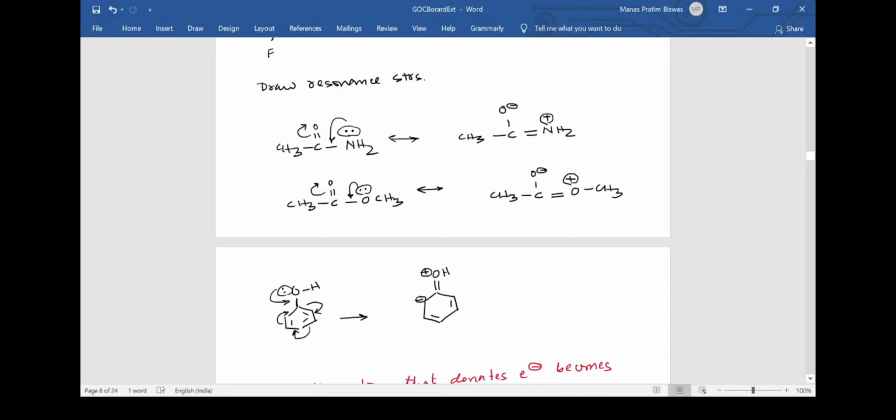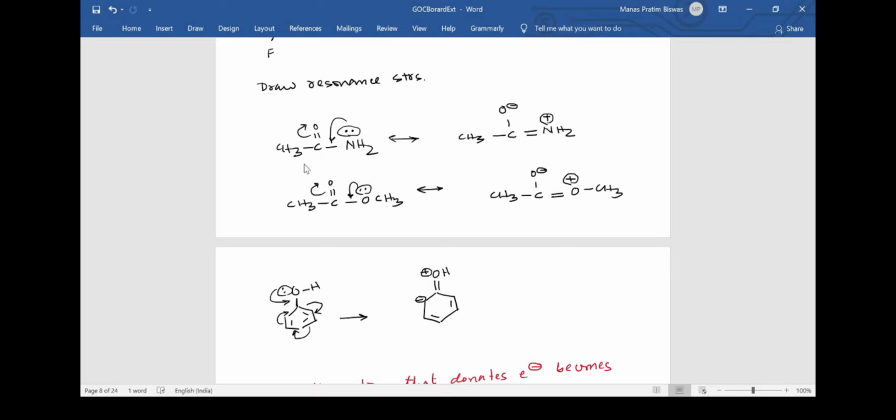Now we are taking up some examples on how to draw resonance structures. I suppose that you should be knowing these things from your 11th, since this is a crash course. I am not expected to teach you this from the very basic stuff, but I have shown these 3 examples so that in case you forgot how to draw these structures, you can just have a quick recap.